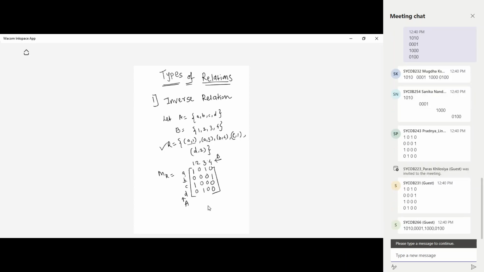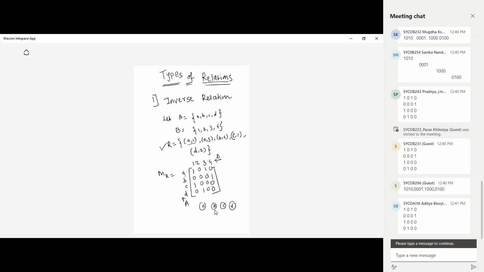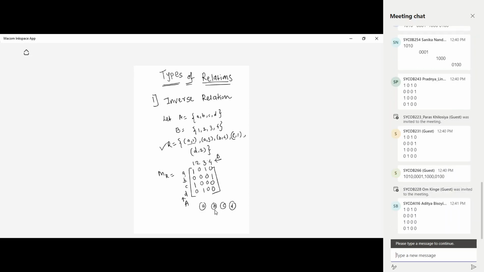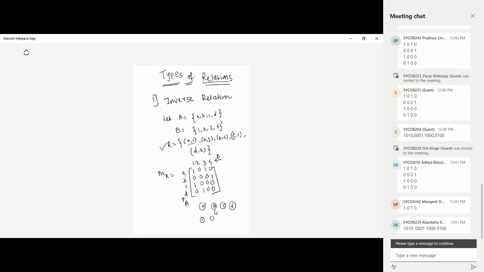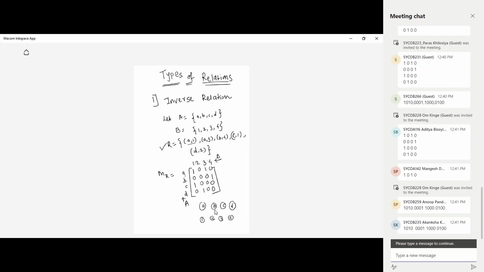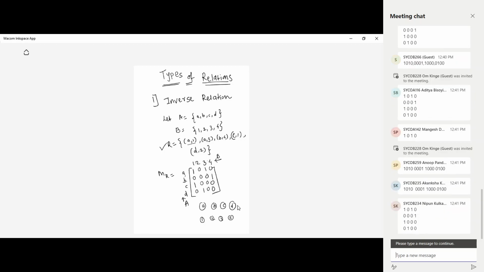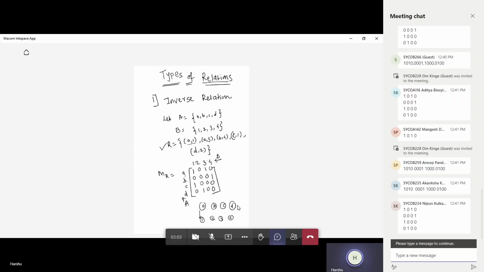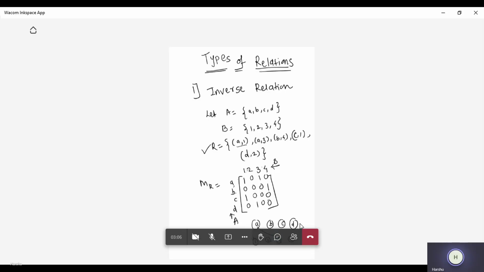And how do I draw the diagram? Suppose I want to draw the diagram, what I'll do is I'll make A, B, C, and D over here. You can have any arrangement. I'll put 1, 2, 3, 4 for the elements in the nodes, and then I'll try to draw the diagram. Now A is connected to 1, so I will have this A to 1. A is connected to 3, so I'll have A to 3, right? A to 1, A to 3 is done.